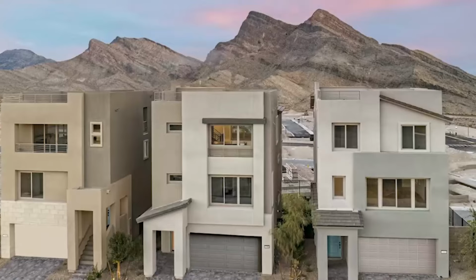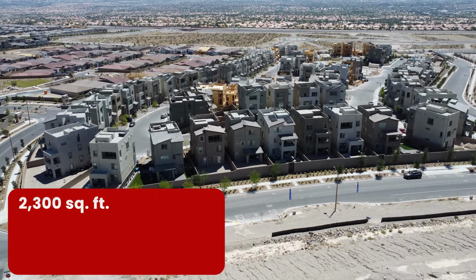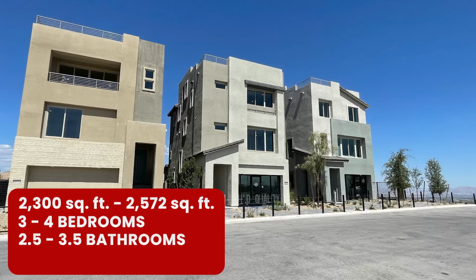Yeah. So then we're going to head over to the Kestrel Village. And surprisingly, a lot of the communities in the Kestrel Village have sold out. You have Crested Canyon that sold out, as well as Falcon Crest. Now we do have a couple remaining communities in this village, so that's what we're going to go over. And the first one is Blacktail by Pulte Homes, which is a single family home community, but these are 3-story homes with rooftop decks, and they range in size between 2,300 square feet to 2,572 square feet, with 3 to 4 bedrooms, 2.5 to 3.5 bathrooms, and 2-car garages, priced from the mid 600s,